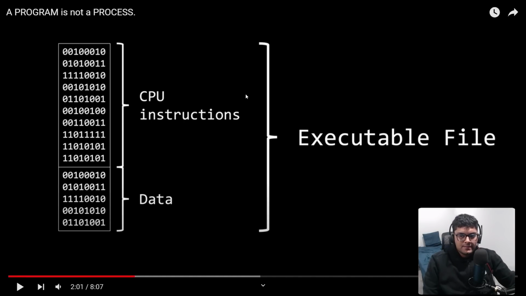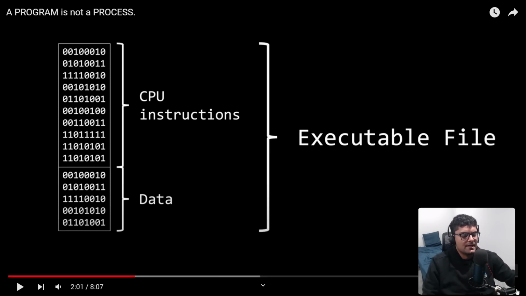Let's say you have a C program, you compile it, and it turns into CPU instructions that the CPU is going to load into memory and execute. That makes sense. So what is this data? Off the top of my head, I actually don't know, because the executable file itself has data. What does that mean? I know when a process is running, it's going to have some memory allocated, like the stack space, etc. But the executable file itself has data.